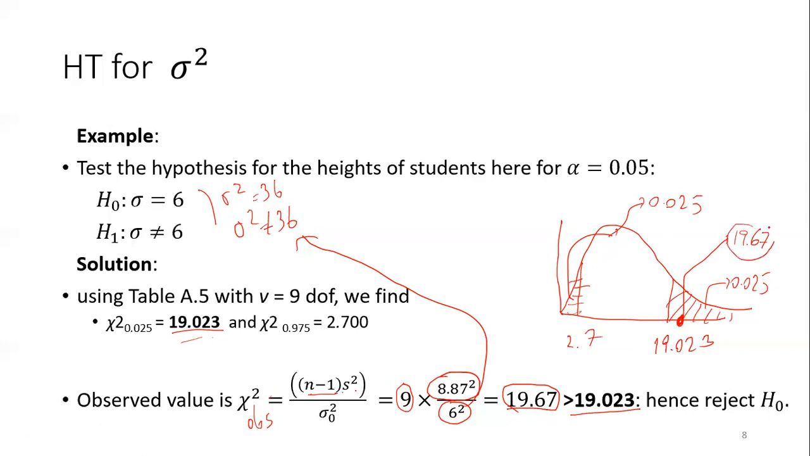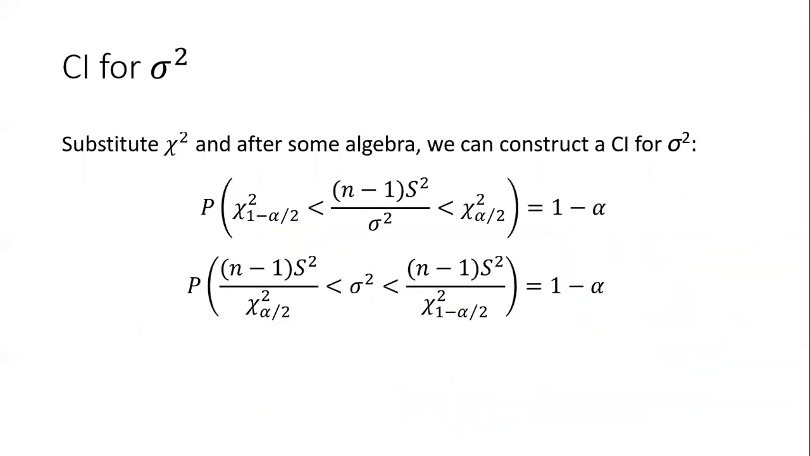Your chi-square observed is in the critical region. Hence, we just reject the hypothesis. Well, the next step is